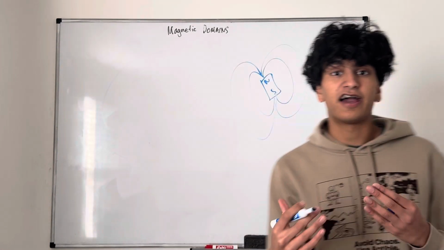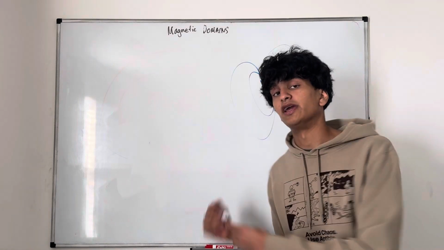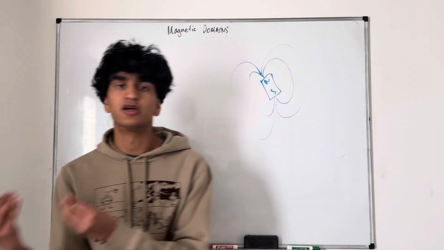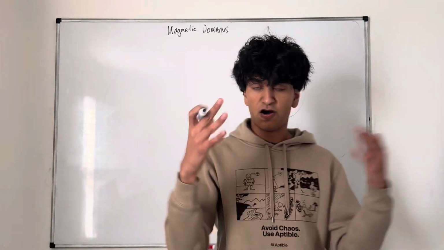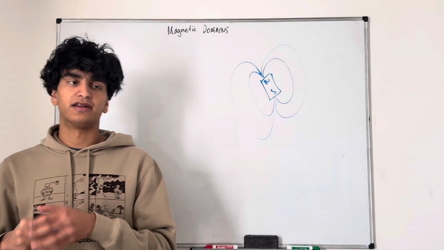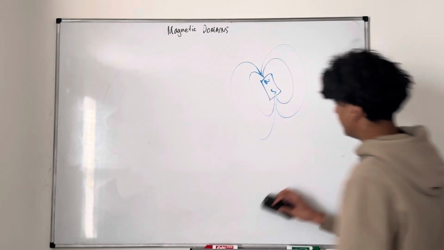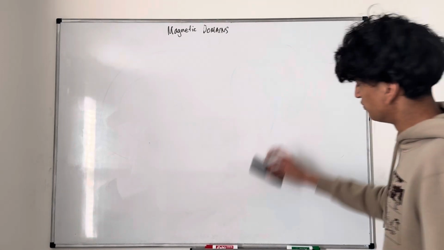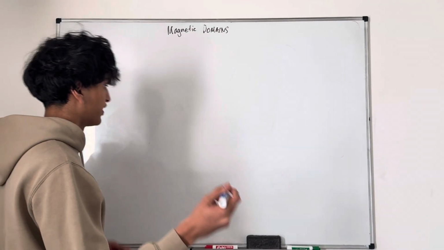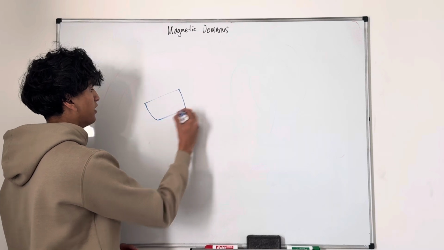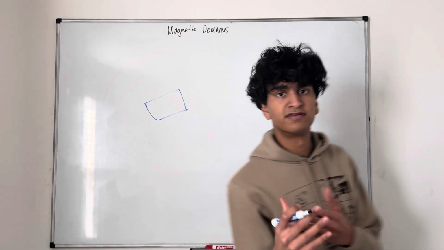And the answer lies in magnetic domains. Magnetic domains also help us explain how iron can be attracted, or nickel, and all these certain elements, how they can be attracted to magnetic fields and bar magnets. So a magnetic domain is really like these sections. The textbook definition, or what Google would tell you, is that if you had, let's say, a bar of iron, magnetic domains are these